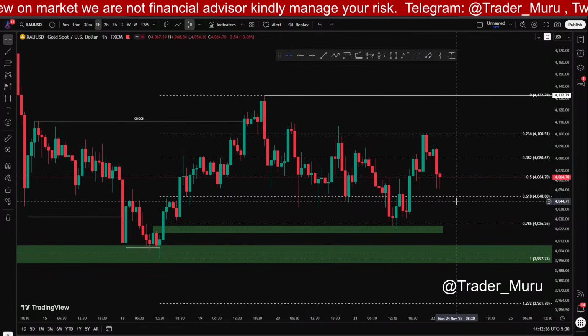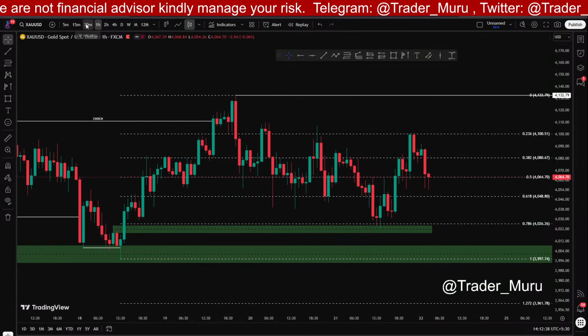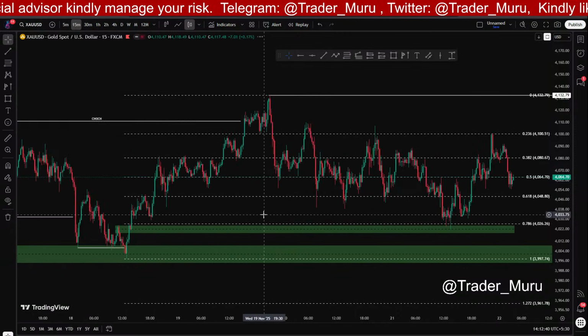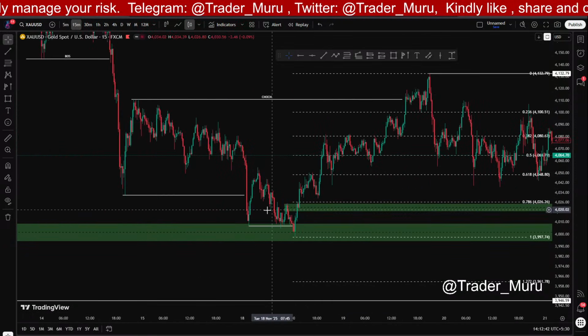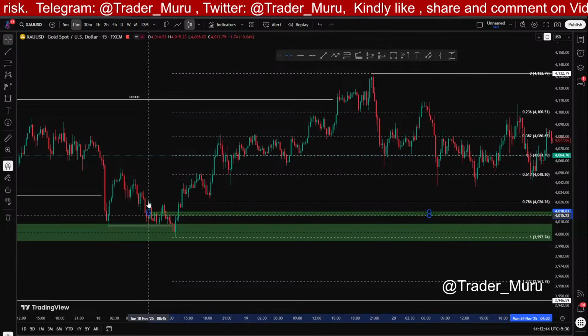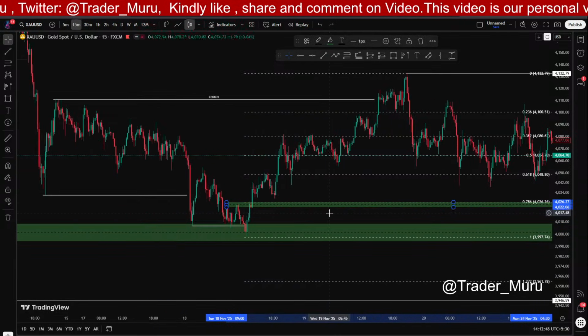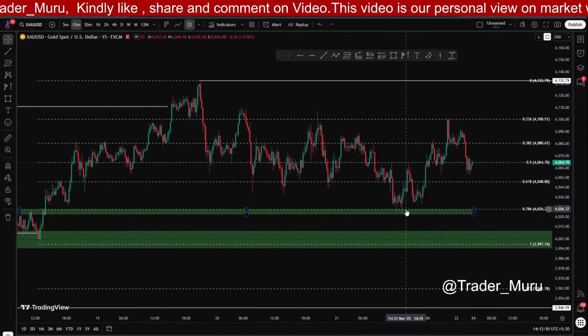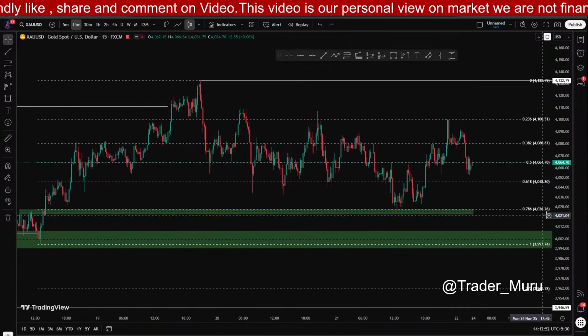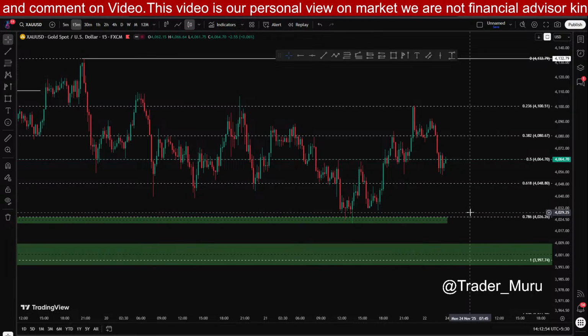And if you see this demand in 15 minutes, it has a pending order block test. See this, this was the order block which was pending for the test. We have the test of it and price is moving. After the testing,